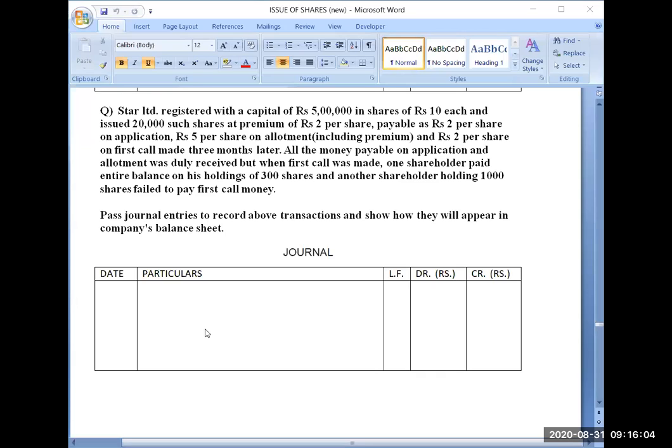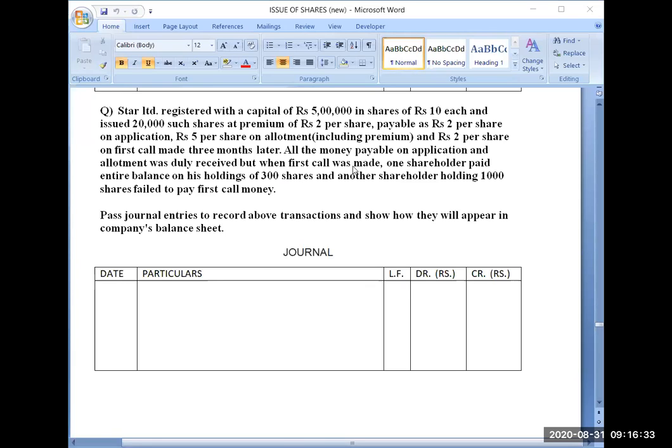So 3 rupees may be on some further calls, maybe on second call, third call, fourth call, whatever it may be, but we don't know about that breakup. And we are not concerned about that also. Question is asking the entries till first call, so we have to do entries till first call only. All the money payable on application and allotment was duly received. So you have received all application money and all allotment money also. But